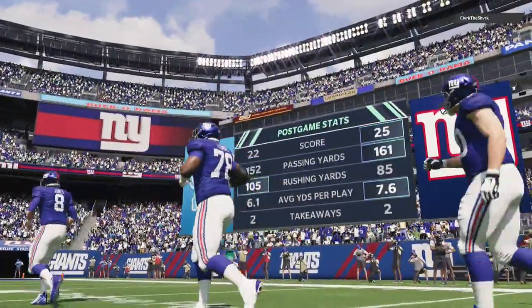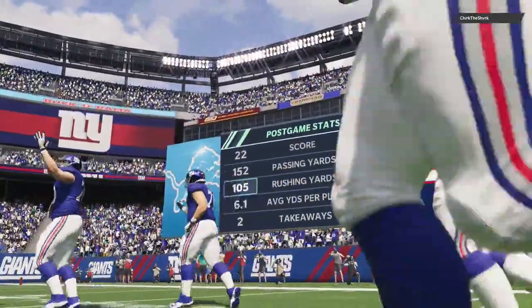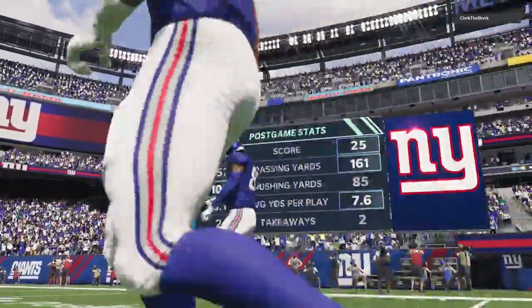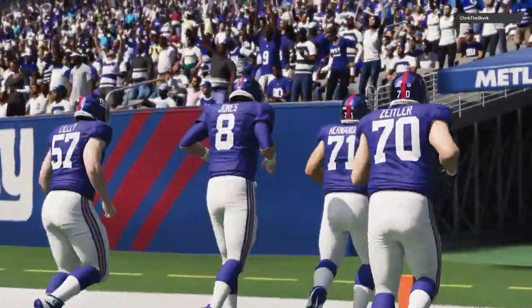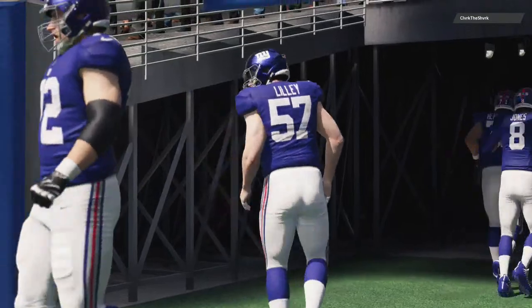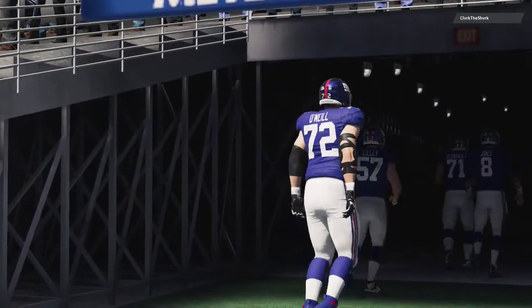But to win a close one like this, you know, every team wants to be physical. We've heard that a million times, right? But those who are mentally tough, those are the teams that you have to deal with in the playoffs. This was that type of a game. So for the Giants, the win form is